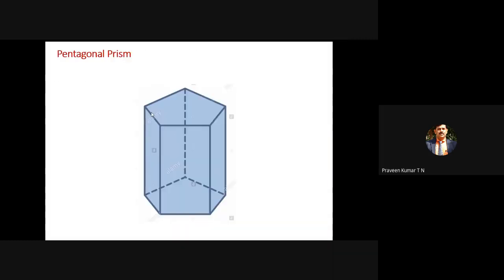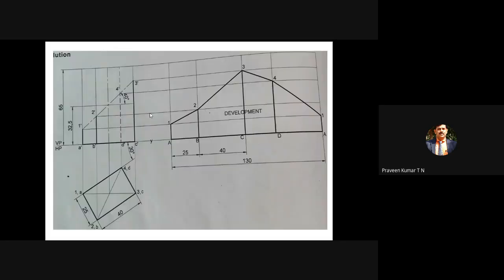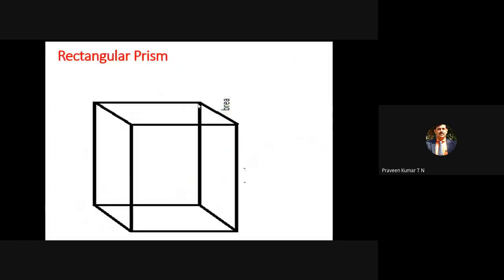You have to remember, this is a pentagonal prism. For the rectangle, there are 4 lateral faces. Front face is 1, let it be face A. The right side face is B. The back side rectangular face is C. And the left side rectangular face is D. We have 4 vertical faces. These vertical faces are referred to as lateral faces in the development of a solid. There are 4 vertical faces for the rectangular prism, and those 4 vertical faces are referred to as the lateral faces in the case of development of the solid.